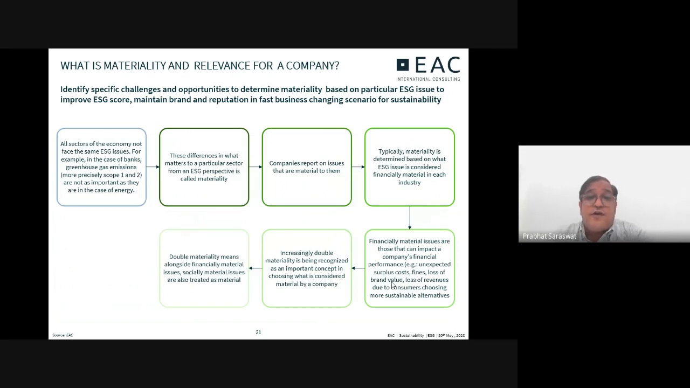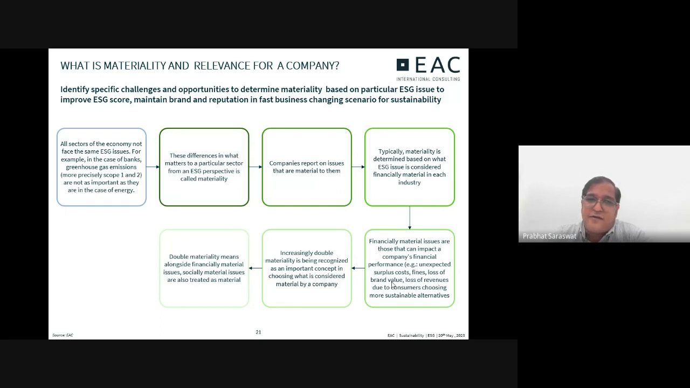So now we need to understand what materiality is and what matters for the company under ESG. So basically, it helps to identify specific challenges and opportunities, to determine materiality based on a particular ESG issue, to improve the ESG score, and to maintain brand and reputation in a fast-changing business scenario for sustainability. So, for example,